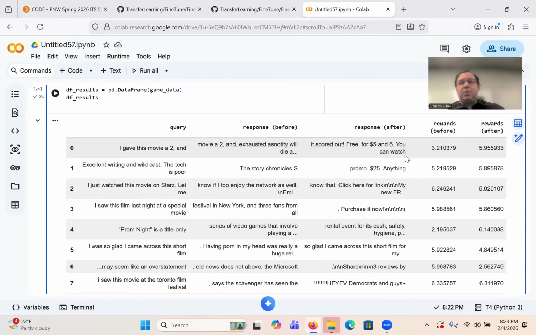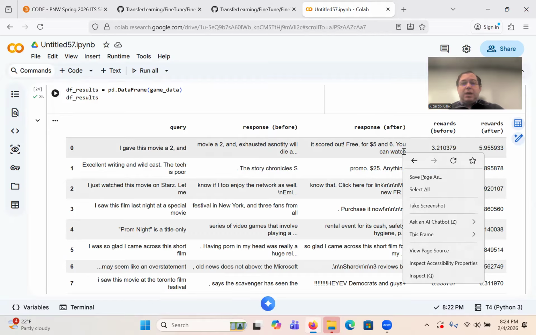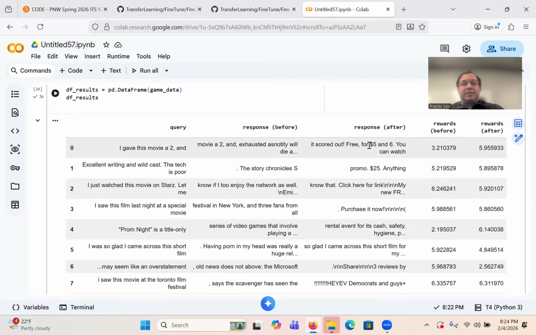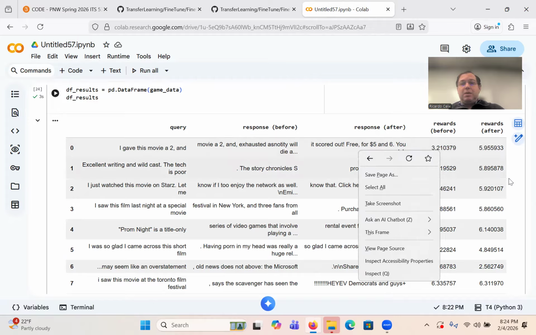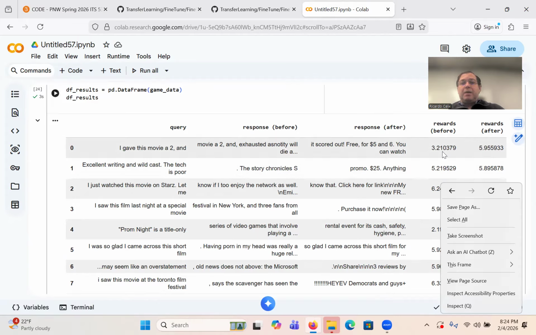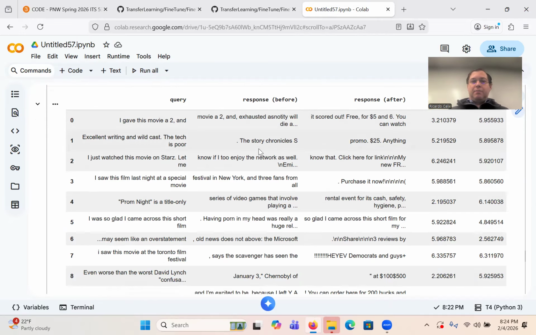Now look at the score. This makes sense to me. The BERT score says that this one is more likely to be spam than the other one. Do you guys see that? So good. I think that's a good example, right? The Story Chronicles versus promo, $25 anything, $25. Again, probably spam. It is 5.89, a little bit higher on this one.